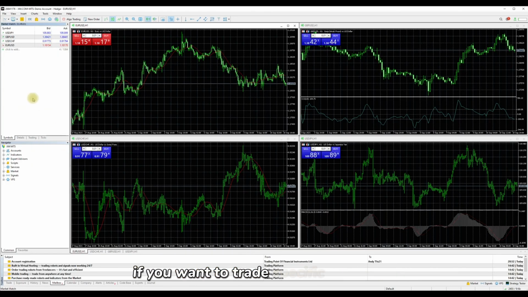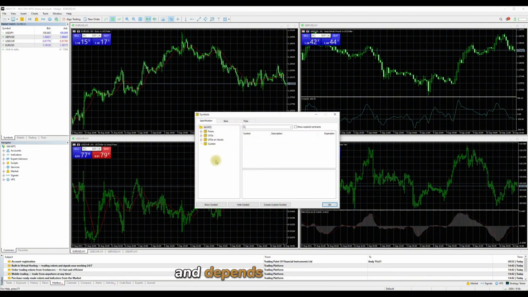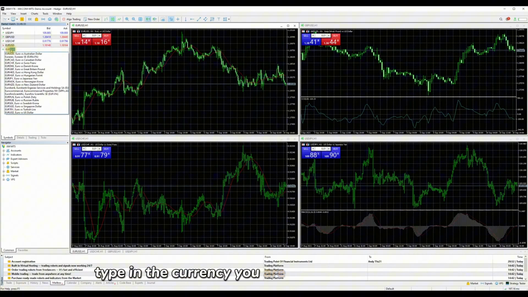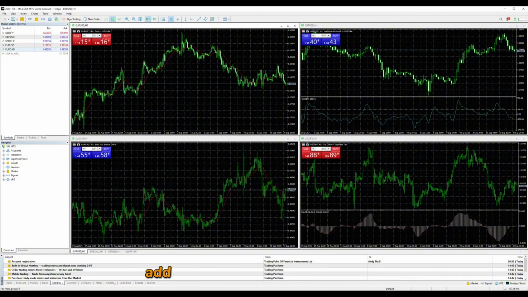If you want to trade specific instruments and you don't like to scroll around too much, right-click on the box, pick Symbols, and depending on your broker, you will have additional options. Last, you can simply click to add symbols by clicking Click to Add. Type in the currency you're interested in and add it. Many traders prefer to trade only specific symbols, so Market Watch allows you to display only the ones you truly want and need. To add the symbol to your